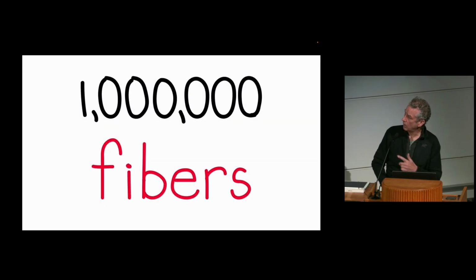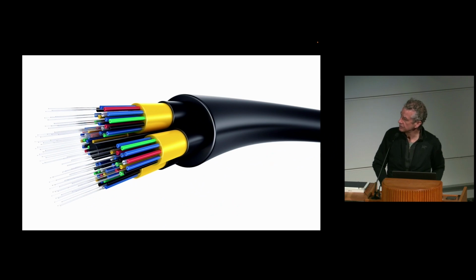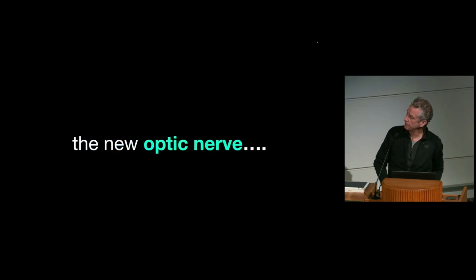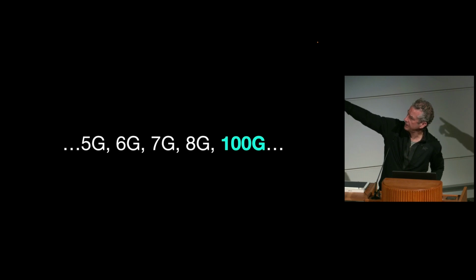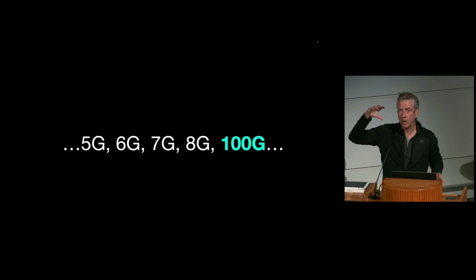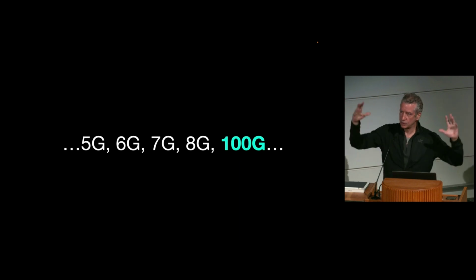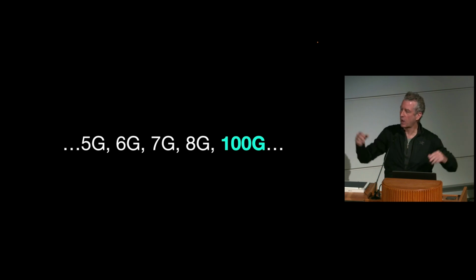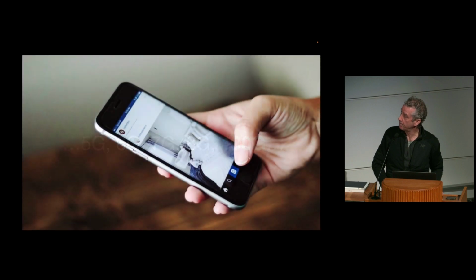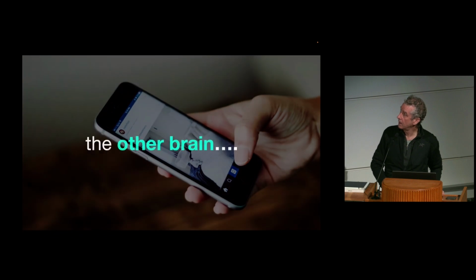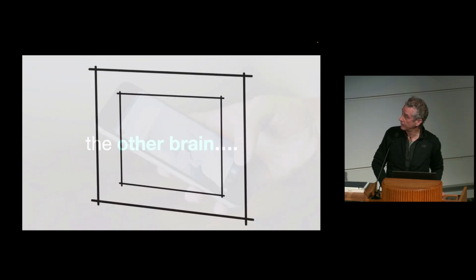So while there are 1 million fibers that may seem faster than your internet connection, I'd say the new optic nerve, I'm jumping here a little bit, but I'll come back and then I'll summarize. I think as we see these numbers go up and up and up, we're really looking at a global sort of mother optic nerve that's all going to go through our phones, but it's going to work in a way that makes us able to think better, but we're going to be totally reliant on the technology, which I think already is our other brain.